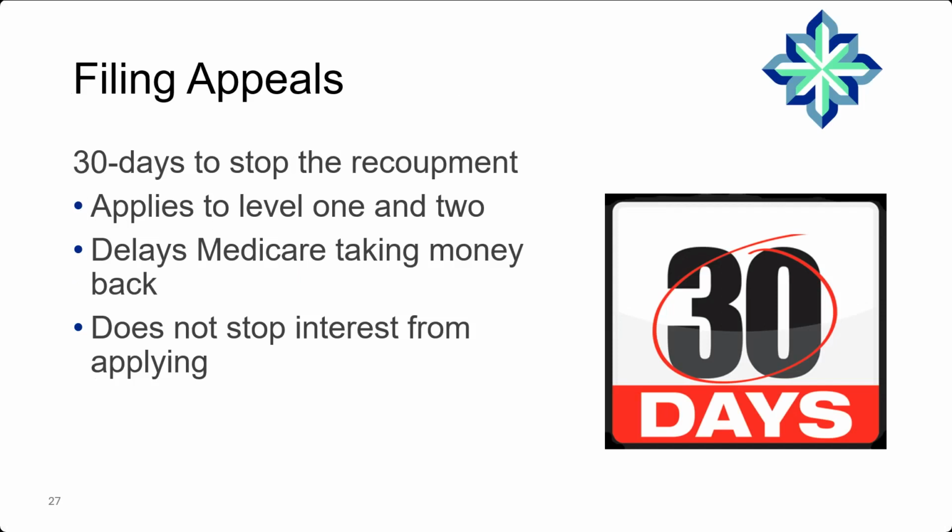Some people here refer to it as a 935 process. That's just the portion of the law that it's covered in. Nothing major. Please don't get hung up on that. 935 doesn't mean anything other than a portion of the law that it's covered in. Now, one of the key things, and I want to remind you, and I said this before, it does not stop interest. It does not affect your standard appeal timeframes. So while you still have 120 days to file level 1, it does say we're not going to take money back until after we make a decision on level 1 and 2.